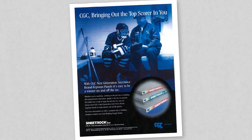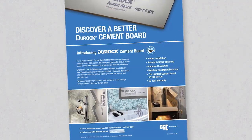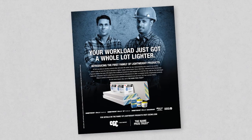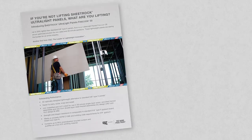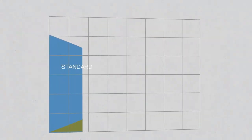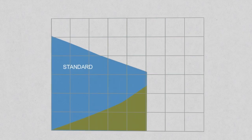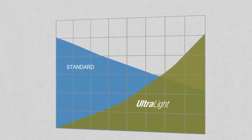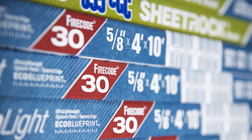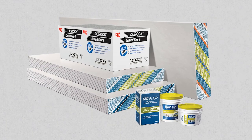From the introduction of Sheetrock to creating the first fire-resistant drywall, CGC has a century-long history of innovation. This tradition has continued with the introduction of the industry's first lightweight drywall portfolio. CGC has seen huge success and adoption rates of Sheetrock UltraLight panels since its launch. A follow-up to this success is the introduction of Sheetrock UltraLight Firecode 30 panels that will add to CGC's lightweight